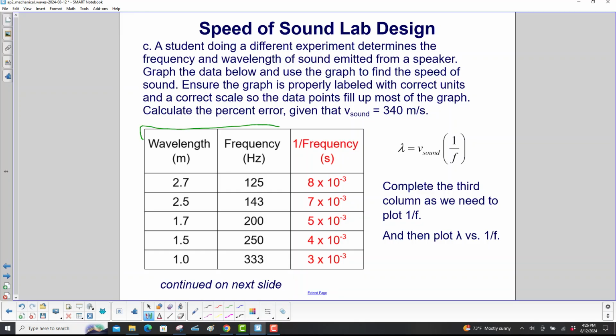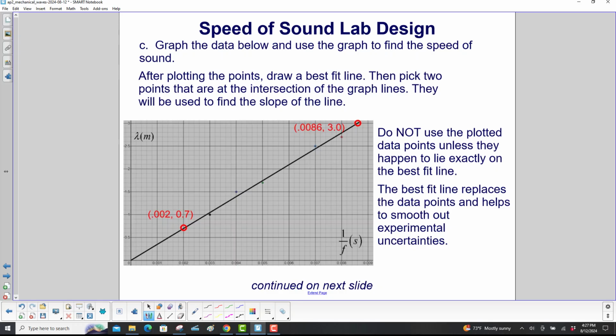Here's our data. And then we will complete this third column, which is 1 over frequency. Because of our equation lambda is v sound times 1 over f, lambda will represent y, 1 over f is represented by x, then the velocity of sound will be the slope of our line. So we complete the third column, so you just do 1 over frequency, and we get over there. The next step is to plot lambda, the wavelength, versus 1 over the frequency. After plotting the points, and here they are, 5 points,